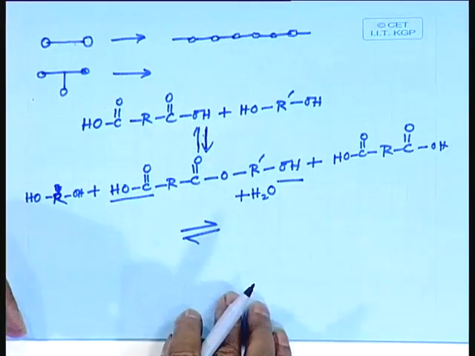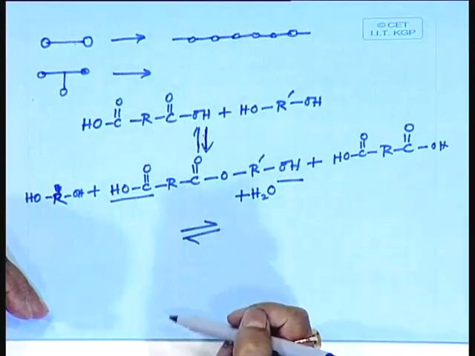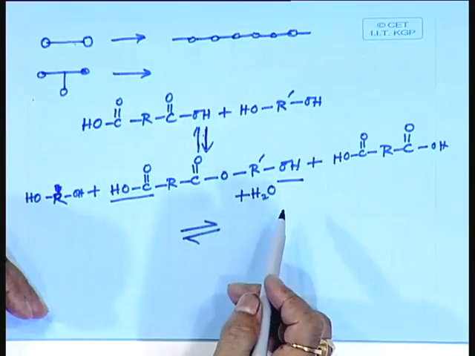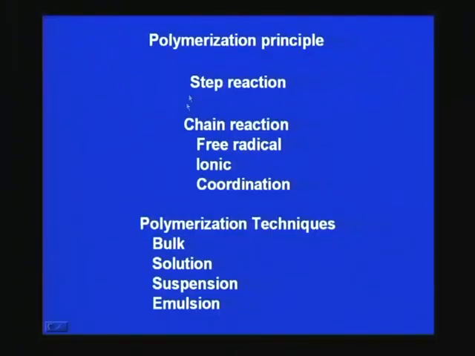So, in this case some water molecule is produced as a byproduct. Now, if that water molecule is removed from the reaction chamber, reaction medium, then this reaction will proceed towards the forward direction, breaking the equilibrium. This is a principle, you know, otherwise you cannot get the growth or progress of reaction, you will not get product until and unless you break the equilibrium. Anyway, this is the nature of step reaction polymerization, and there are other principles,